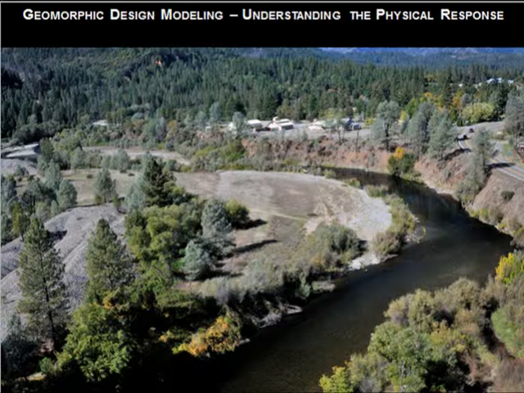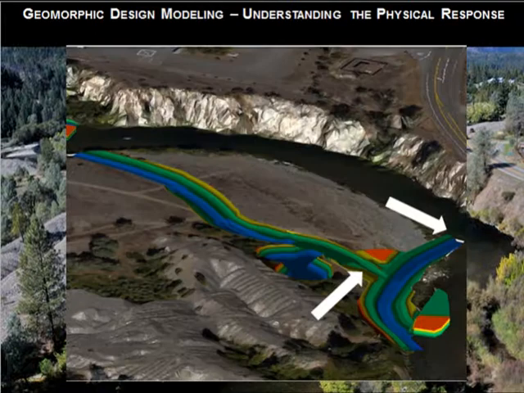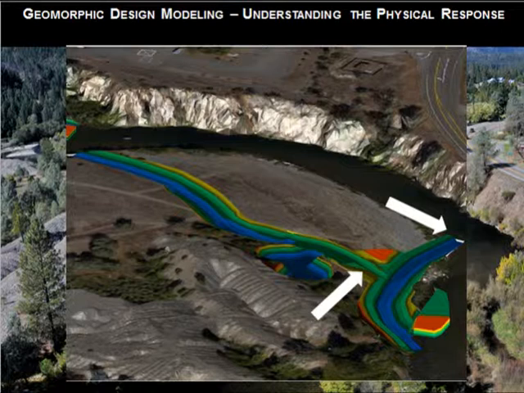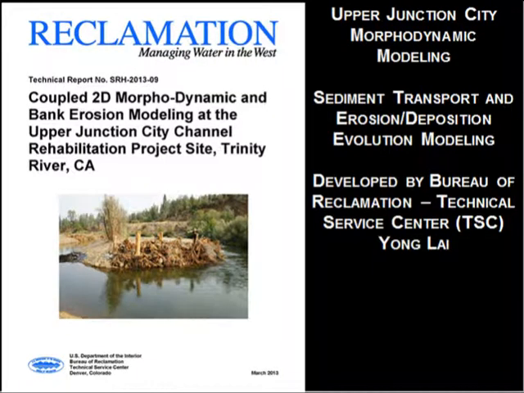This is another aspect, really trying to get at sediment transport and geomorphic design modeling during the design process to look at physical response. Like I said before, we wanted to maintain stream power, and we were concerned about these adult holding pools along the bedrock interface, which our stakeholders were really concerned about. So we wanted to maintain stream power, but yet allow habitat development in the floodplain. And so we used a combination of morphodynamic models to look at different alternatives to understand if the pools would fill or if they would maintain scour.